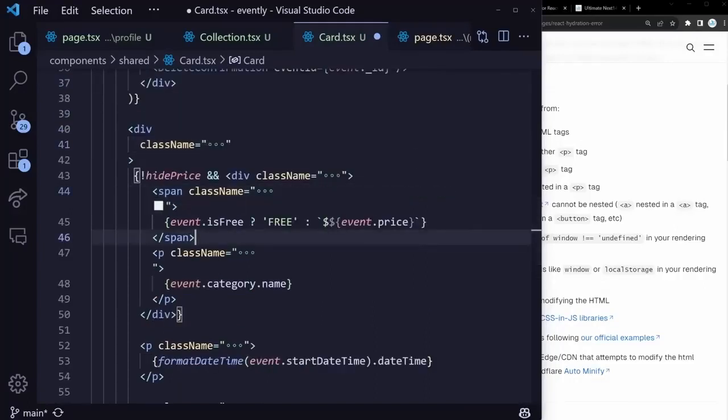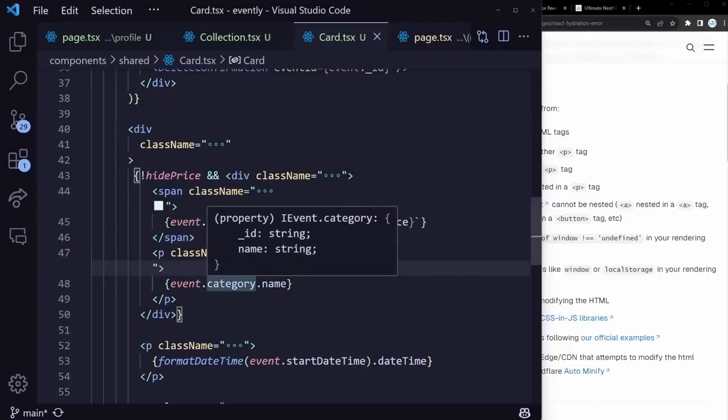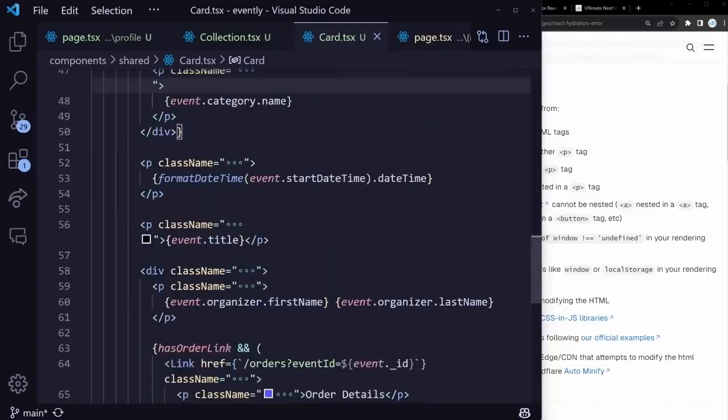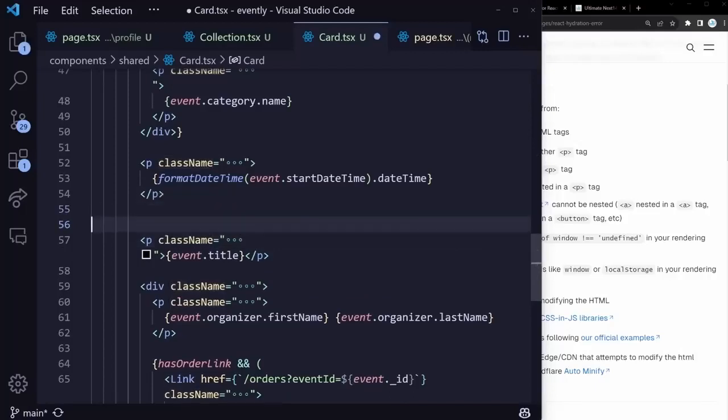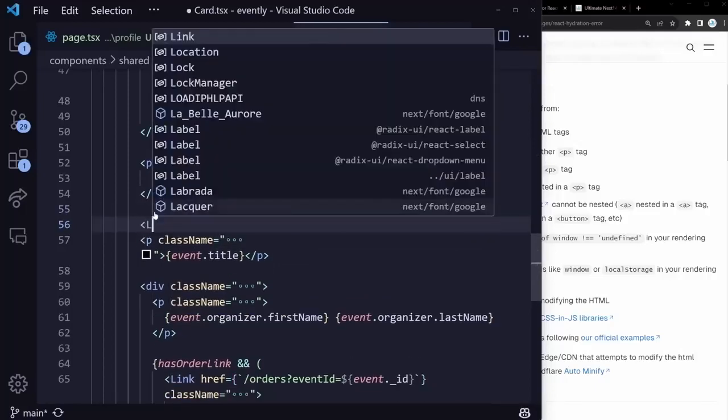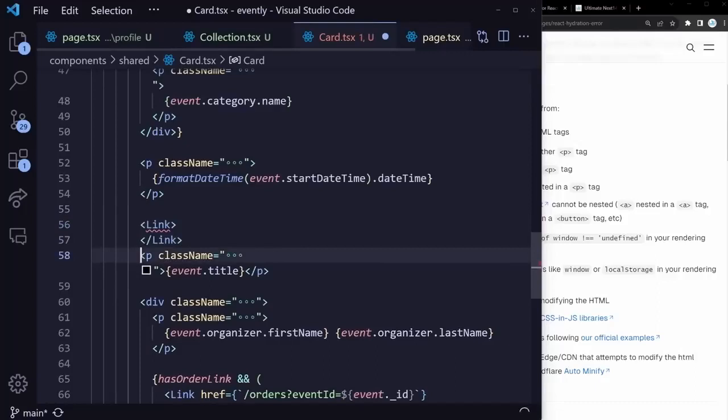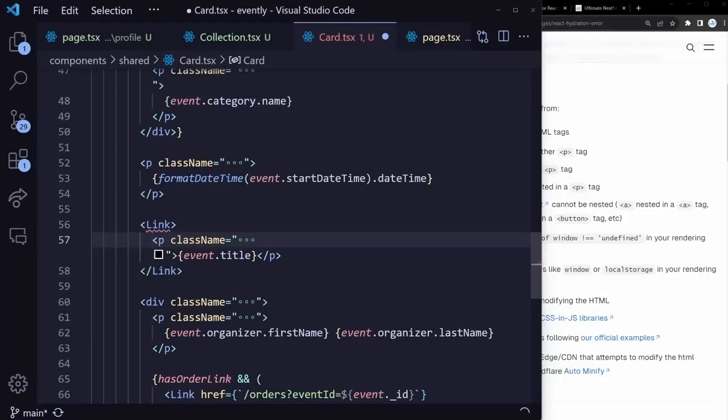Now, of course, we have to bring back that link somewhere. So we can bring it back once we click on the event title, which is going to be right here. There we go. We have a p tag, and we can wrap that p tag inside of a link. So we can do a link, put this p tag inside of it, and then give this link an href of